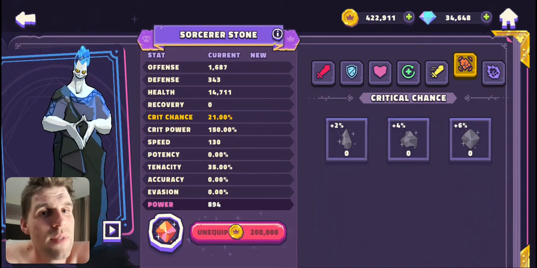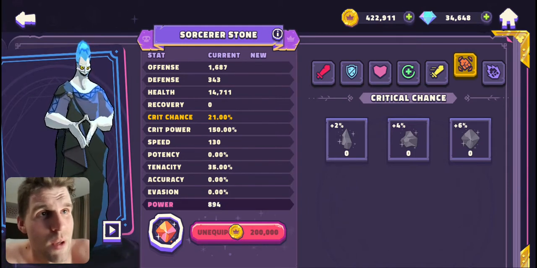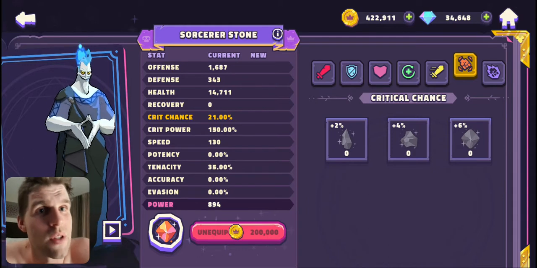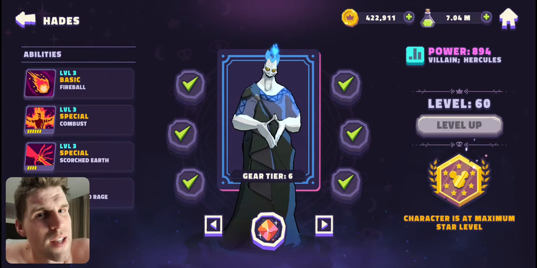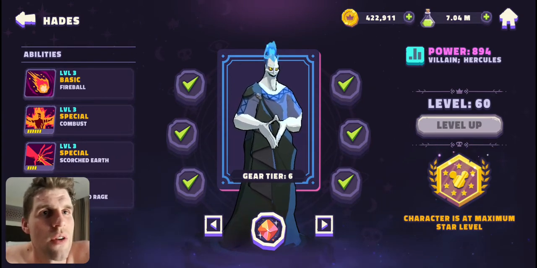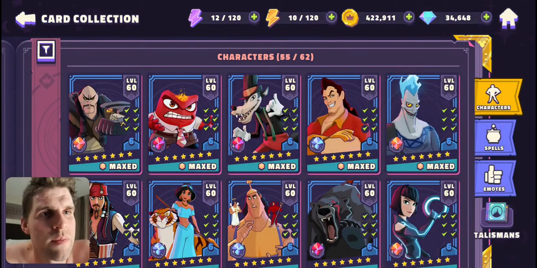So that's a little short look at the Sorcerer's stones and things like that as well. And now he's got a 21% chance to crit, so that's just over 1 in every 5 attacks should be a crit strike. So just beefing up my characters. Alright,